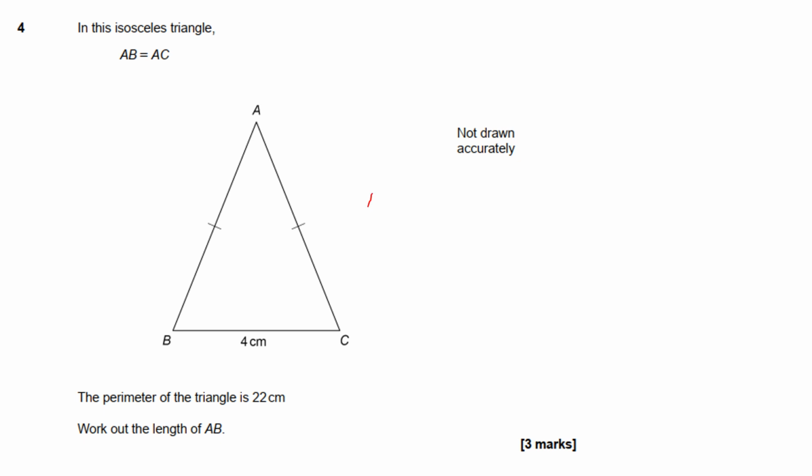So we've got 4 centimeters, got a red pen for you now, plus X, plus another X takes us to 22 centimeters. So 4 centimeters plus 2 lots of X, because I'm just going to combine these two. Again, if you don't know how to do that, or you're a bit stuck on that, then just comment below and I'll do a full video explaining. So that's 2 lots of X